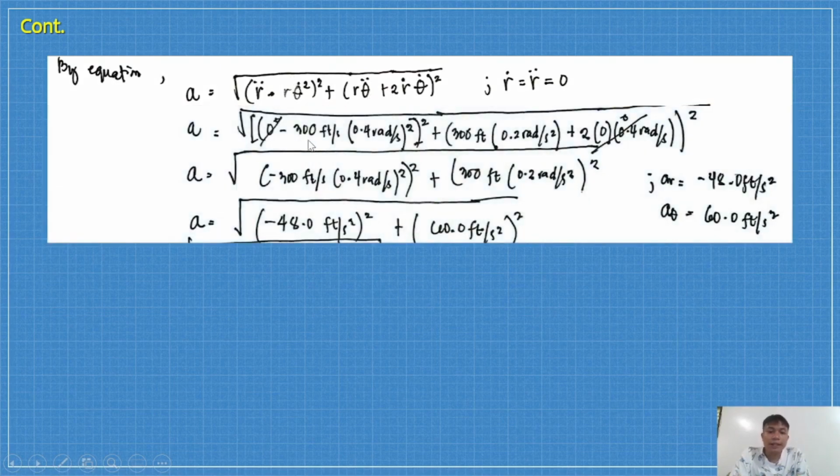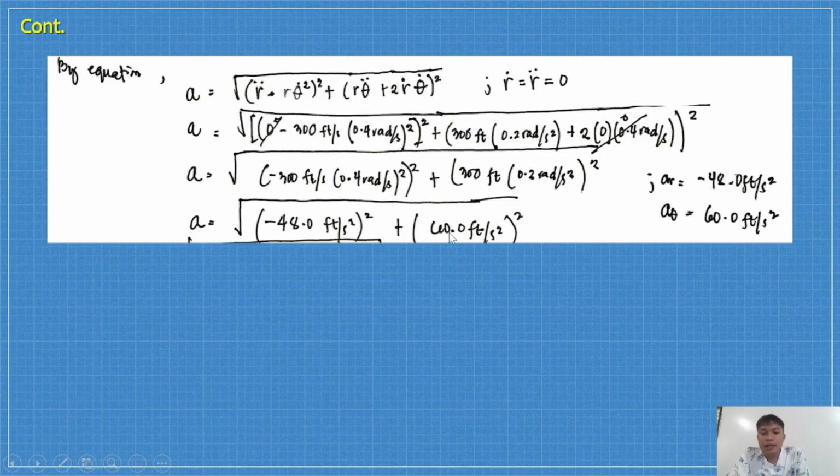So the radius is 300 feet, not per second. We multiply that by 0.4 rad per second squared, plus 300 feet multiplied by 0.2 rad per second squared. The negative 300 feet is also not per second. Combining this, we get negative 48.0 feet per second squared